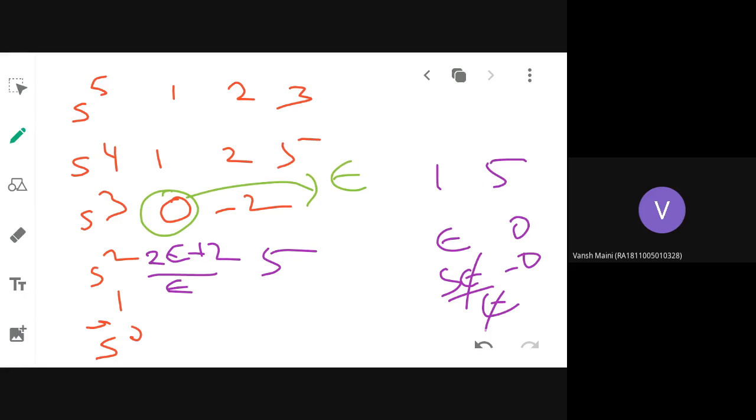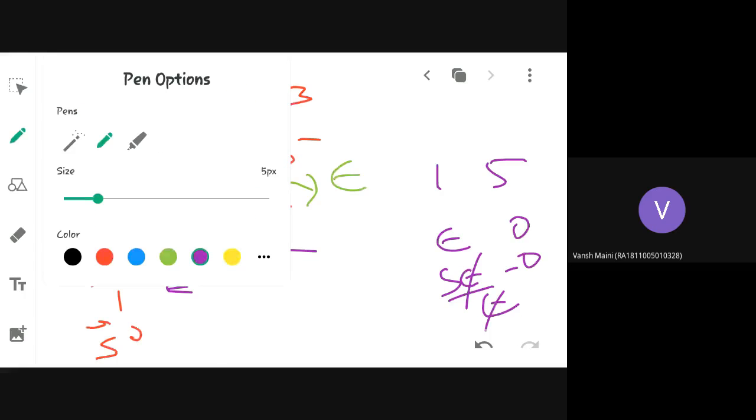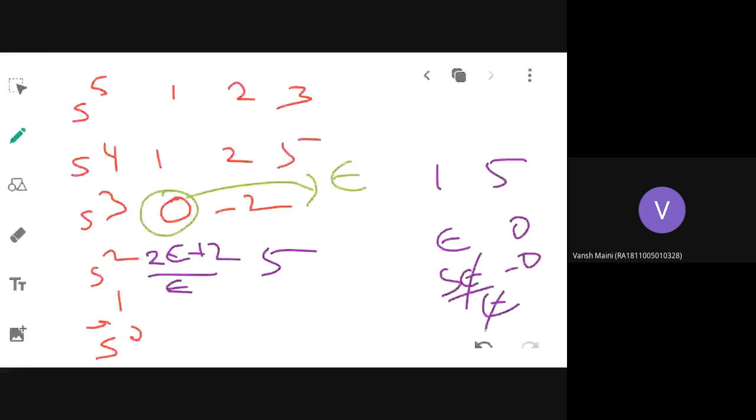Next. Mohan Kumar, will you give me the answer for the next row? S to the power 1 row. Mohan Kumar. Tirumalai Vasan, are you there or not? Sumit Gautam. Why are there 2 Satvik in my class? Ma'am, my phone screen is not that big, so I am trying to get it from the laptop as well as the phone.